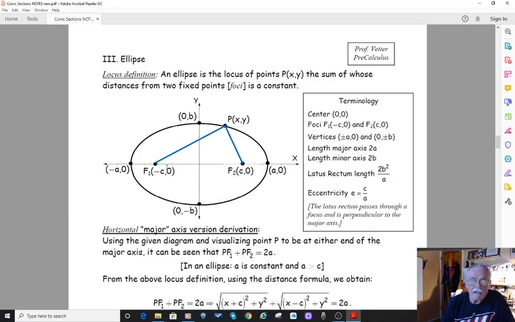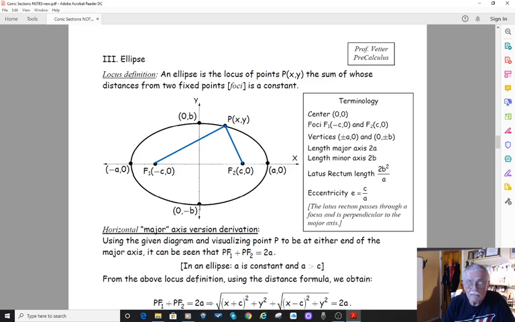The foci, F1 and F2, are located at negative c, 0 and positive c, 0. And the vertices on the major axis are vertex 1 at a, 0, and its match, vertex 2, I guess depends how you label them, would be negative a, 0. So the length of the major axis would be 2a,